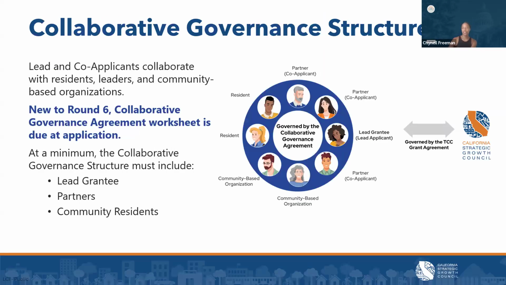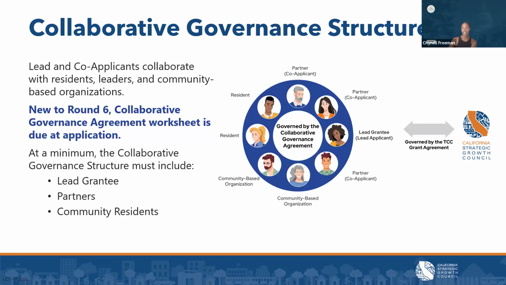Next, we can dive into how these entities will work together within a collaborative governance structure. The collaborative governance structure is an important part of the TCC program. Collaborative governance is the framework for collaboration with lead and co-applicants, residents, leaders, and community organizations. The structure defines how the lead applicant and the co-applicants will collaboratively work together to implement the project over the